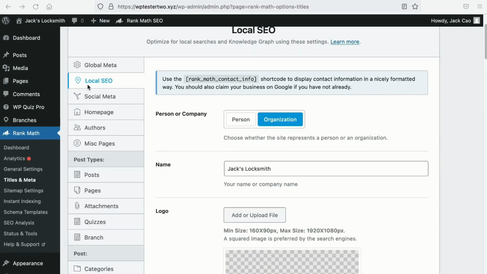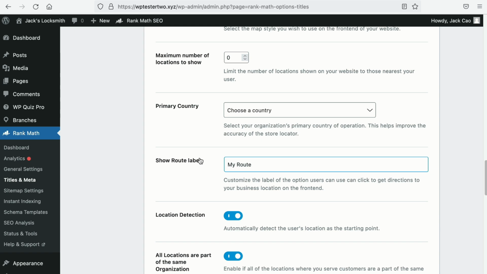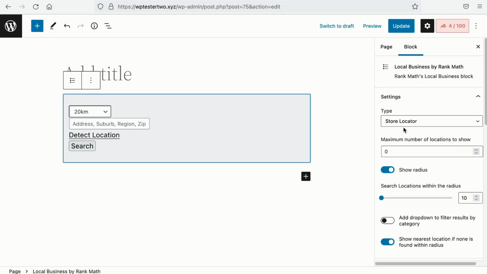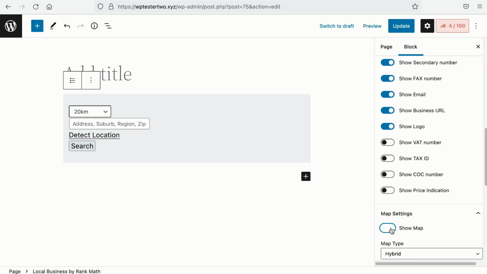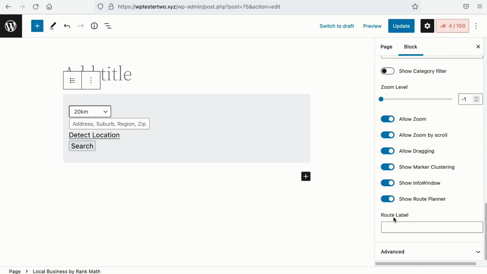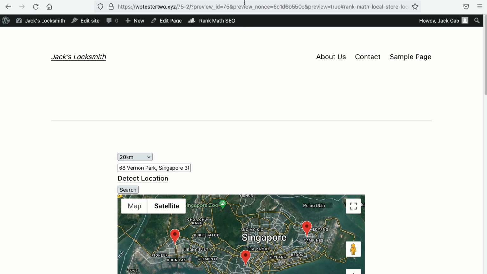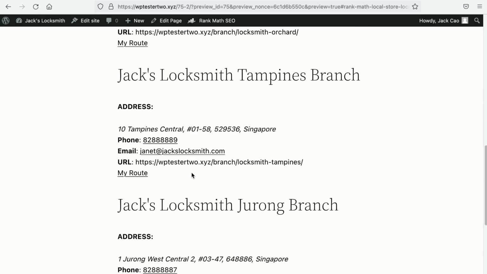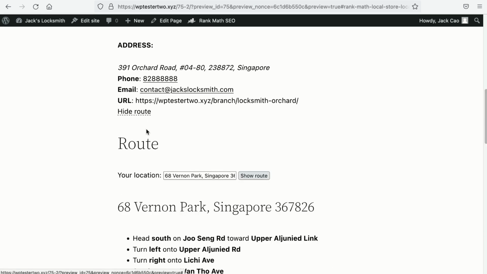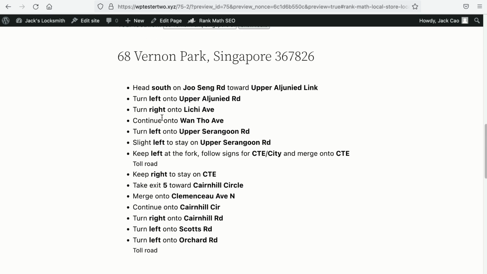This is the process you have to go through on your WordPress website whenever you open up a new location for your business. Now, before I show you how to set up Google Business Profile for multiple locations, let's talk about some other settings we have missed. Under your local SEO settings, there is this show route label. If you have utilized the store locator block under the local business block I've mentioned earlier, and you toggled the show map settings together with the show route planner, on the live page, if a search is done, you will see this My Route link